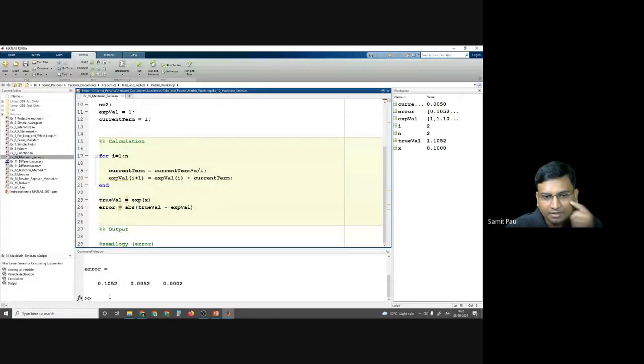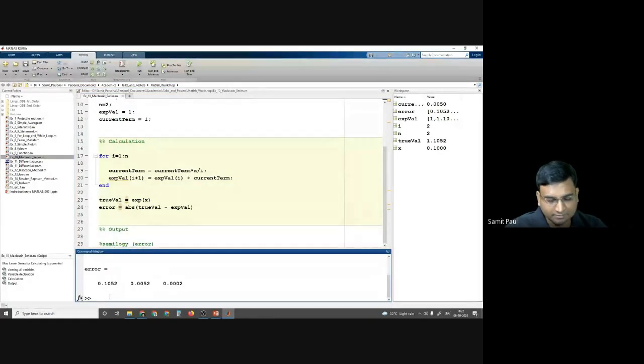And if we see true val, error, or if you see exp val, see, if we go up to the first term, the result is 1. Why 1?